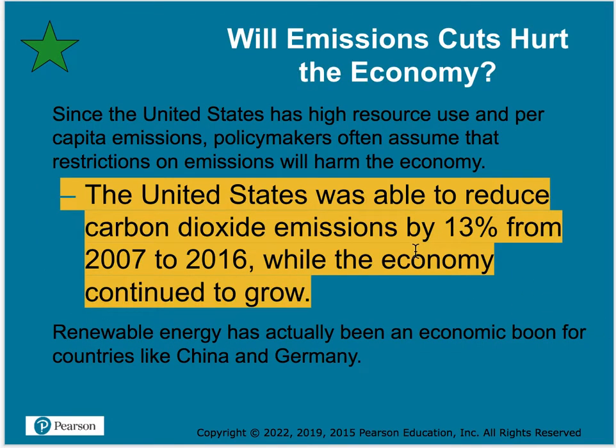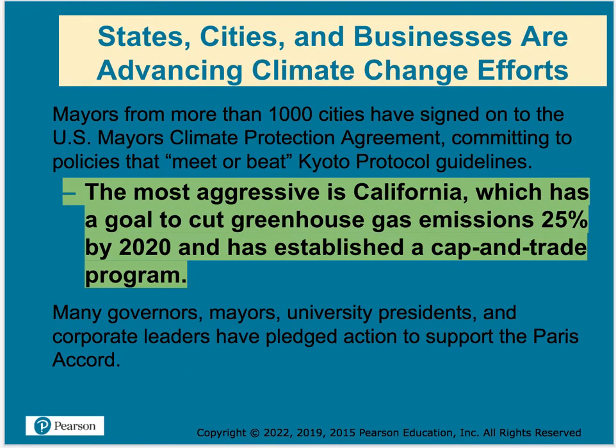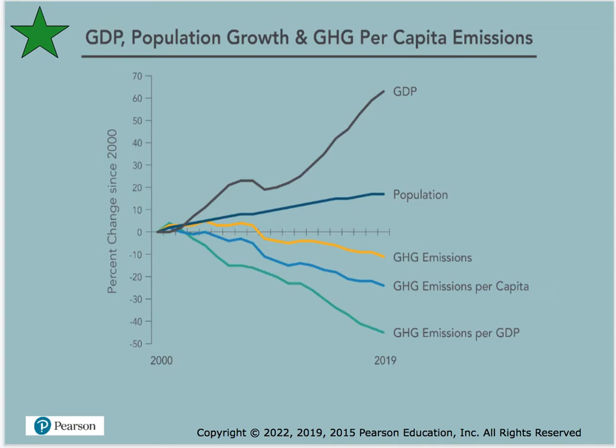We've actually reduced our carbon dioxide emissions by 13%, and during the same amount of time our economy has actually grown quite a bit. So we've gotten wealthier, but we have also invested in a lot of green energy. So instead of making us poor, we've actually gotten richer at the same time. In California specifically, we have a goal to cut the greenhouse gases by about 25% by 2020, and we're past that now. So I would expect a new report on that soon.